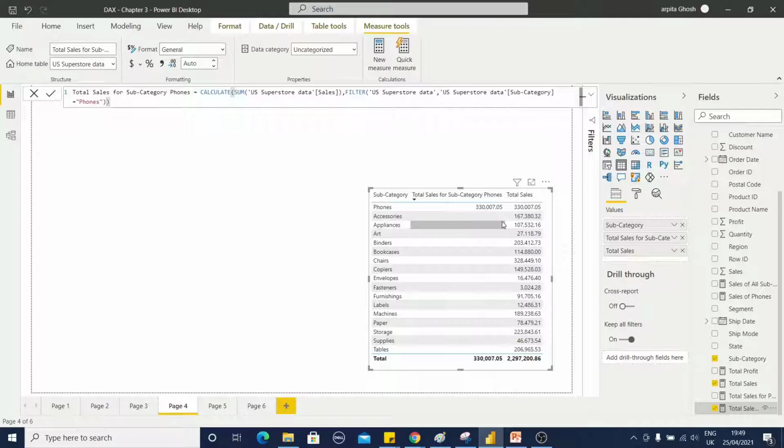It is not repeating for the other rows. If I explicitly define this filter condition, the performance will be a little bit slow.